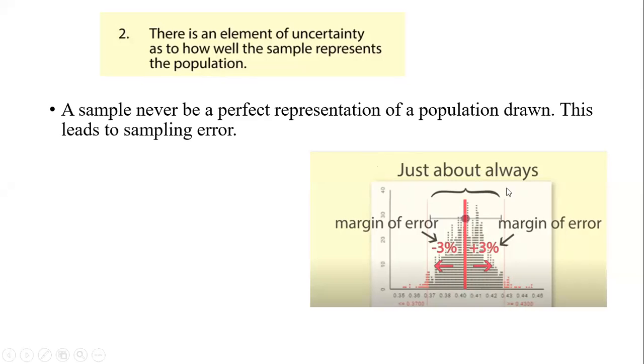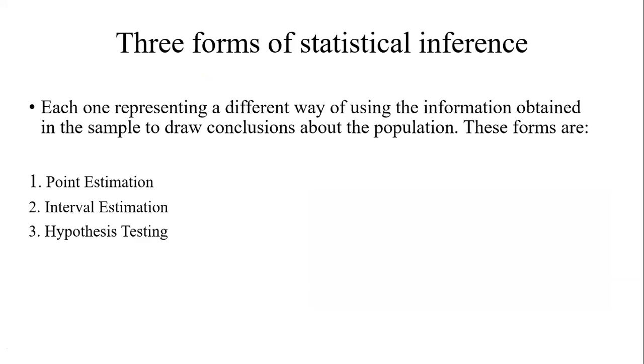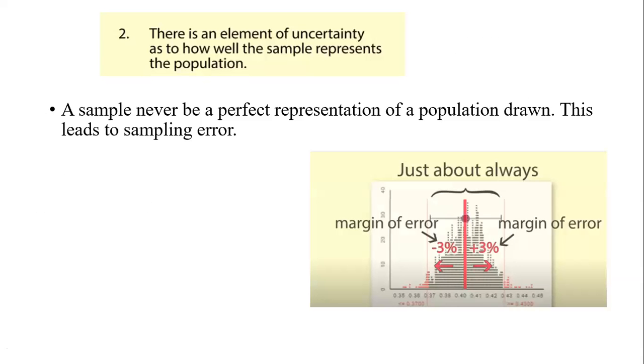From this picture, you can get a clear idea. This is a normal distribution. In this picture, you can see there is an error, plus 3 and minus 3. We can always expect an error. We can't say all the results we obtain from the sample can be clearly matched to the population. There will be a range of error from minus 3 to plus 3. That is an example only. So you need to consider the sampling error also.